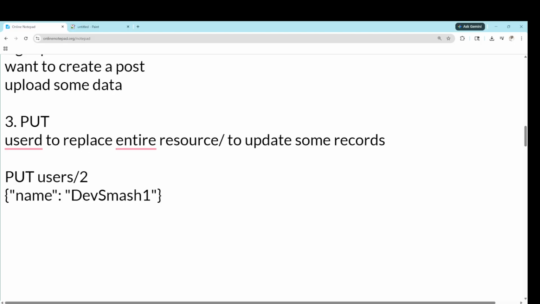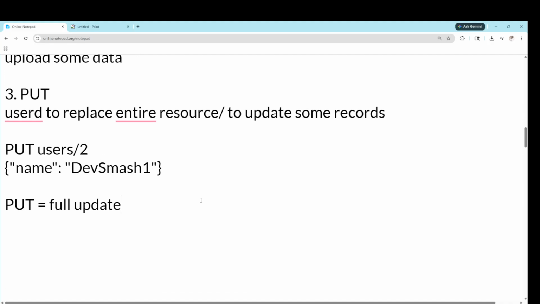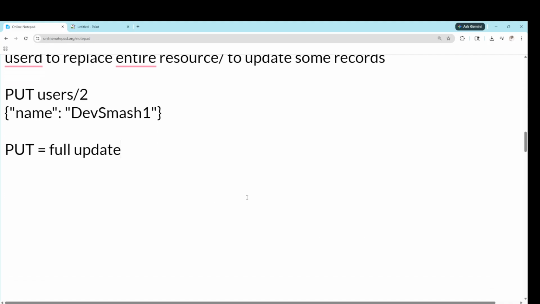And it will replace the old data. It will simply replace the old data, completely. So you can think of put as a full update, okay. You can think of put equal to full update. So we have another method as well that will do the partial update. We will see that in some time, okay.